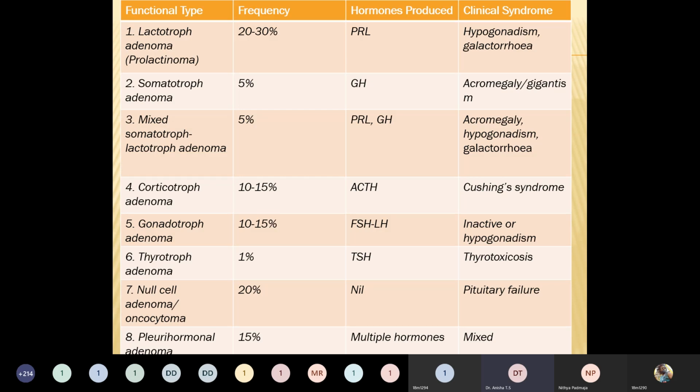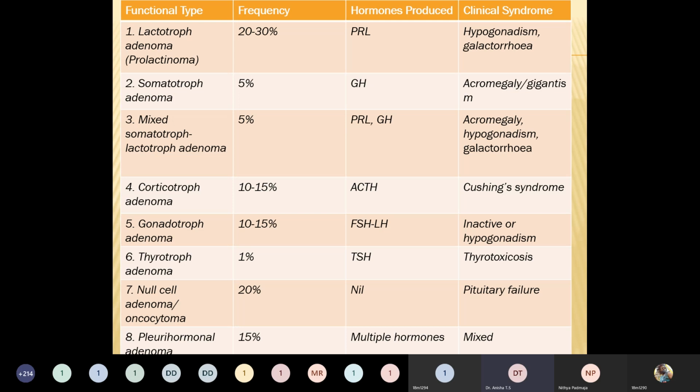So depending on what hormone they produce, it can be prolactinoma, where it produces prolactin hormone, and they present with hypogonadism and galactorrhea, that is increased milk secretion. It can be somatotroph adenoma, where there is growth hormone excess, and it causes acromegaly or gigantism. It can be a mixed prolactinoma and somatotroph, where both growth hormone and prolactin are secreted in excess, where it can cause galactorrhea,